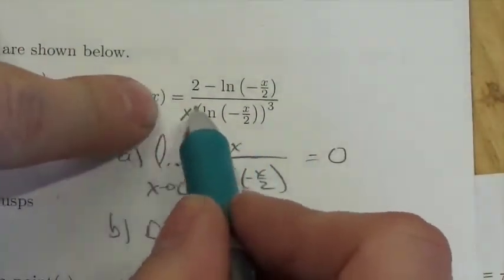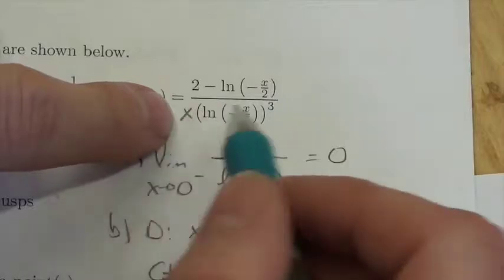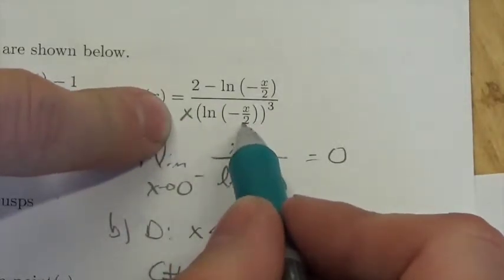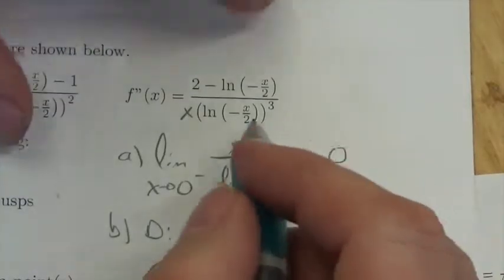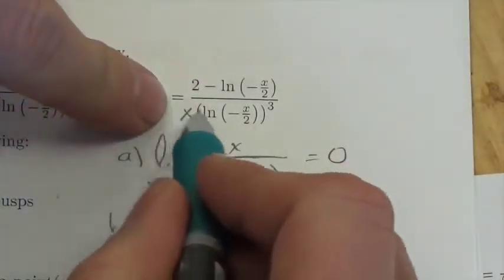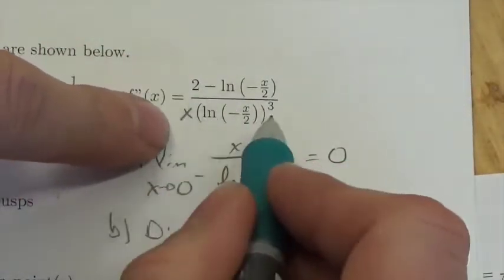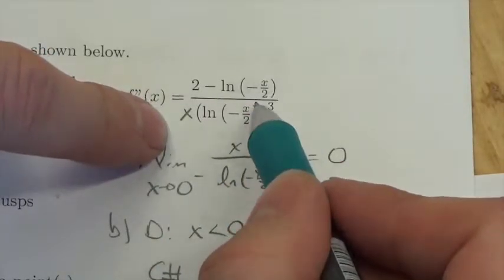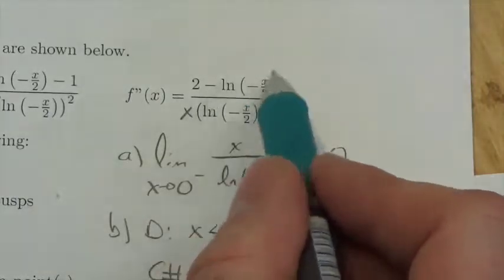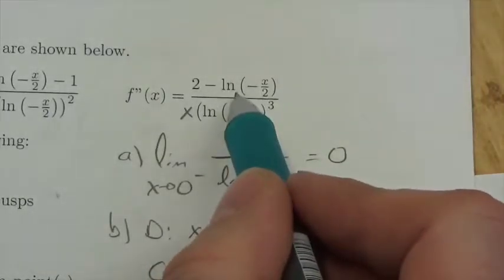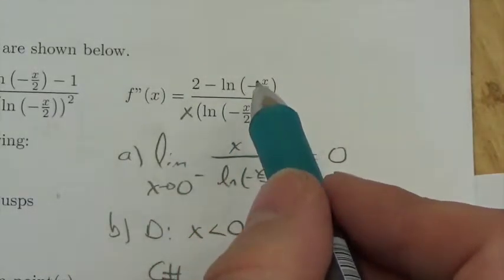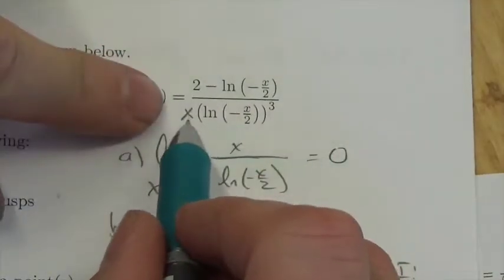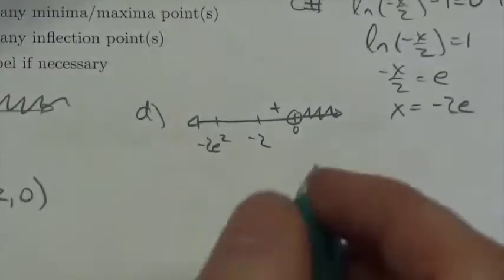If you plug negative e in, that's going to be negative e, so there's a negative. If you plug negative e into here, you're going to get positive e over 2, and cubed, you're going to get a positive number there, but that negative in front is going to make the whole denominator negative. If you plug the negative e into here, you're going to get log of e over 2. That's going to be a fraction, less than 1. So 2 minus that is going to become a positive value over that negative, means this part here is going